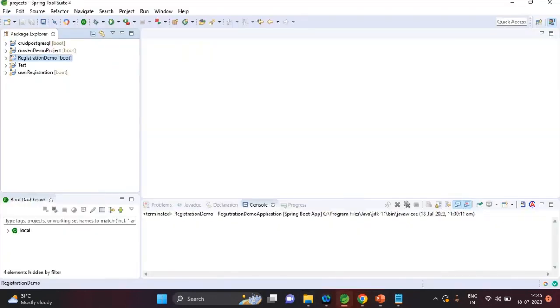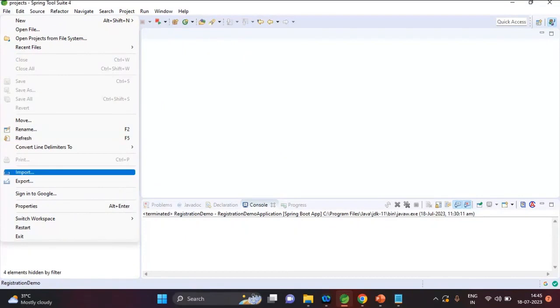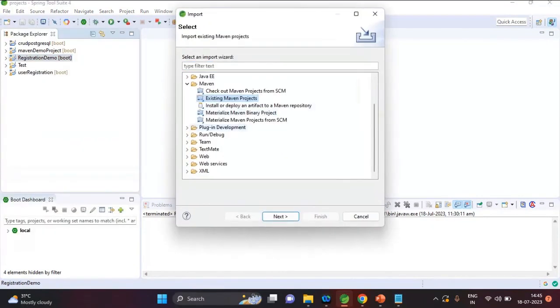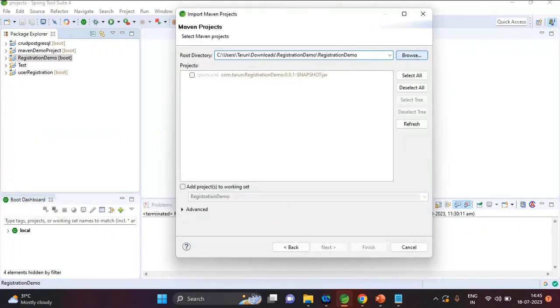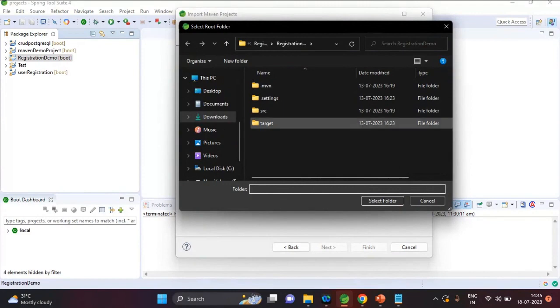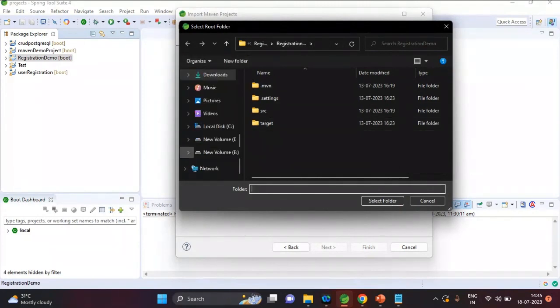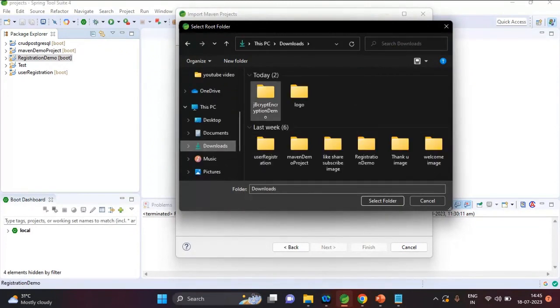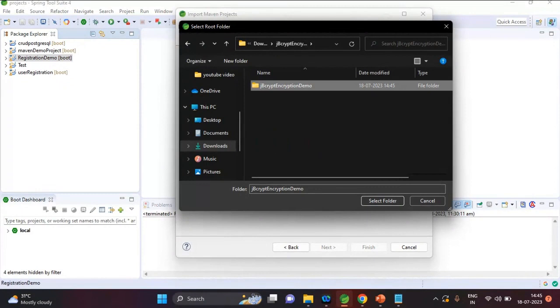So just go to the IDE and click on import our existing Maven project and browse. You need to go to the folder where our pom.xml file is present. So it is in Download and jBcrypt. Inside this folder, the pom.xml file is present. So you need to select this folder